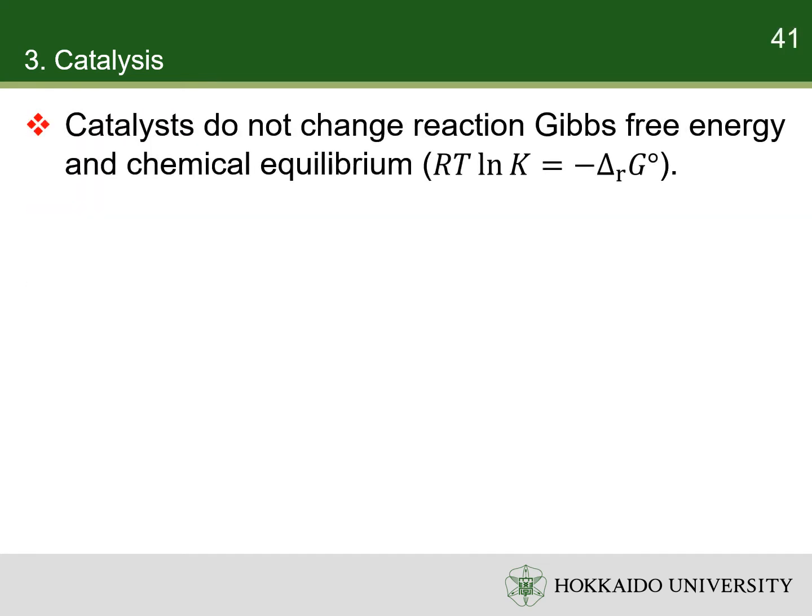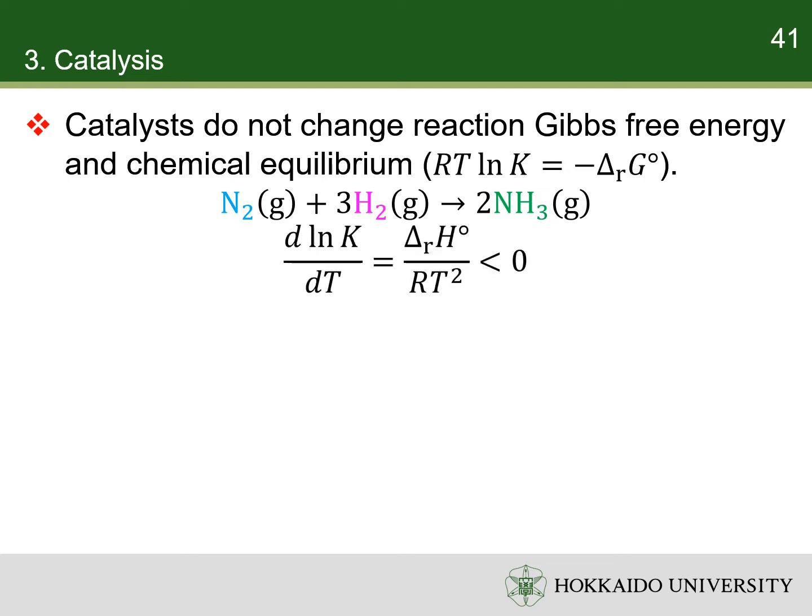Second, catalysts do not modify the overall standard Gibbs energy changes in the reactions. As a result, they do not change the chemical equilibria. For example, the production of ammonia from hydrogen and nitrogen is an exothermal reaction. Its equilibrium constant decreases with temperature. At high temperature, the equilibrium quickly becomes quite unfavorable for the reaction product, regardless of what catalyst is used.